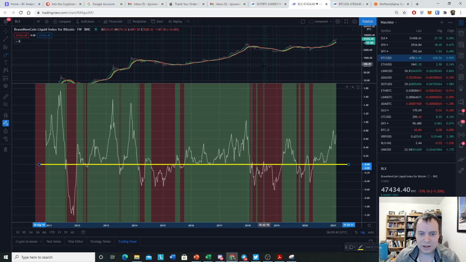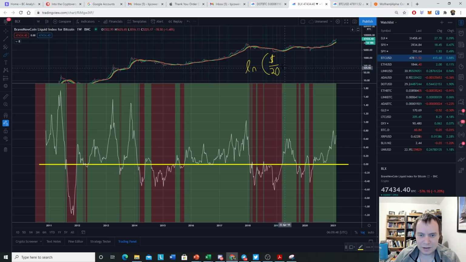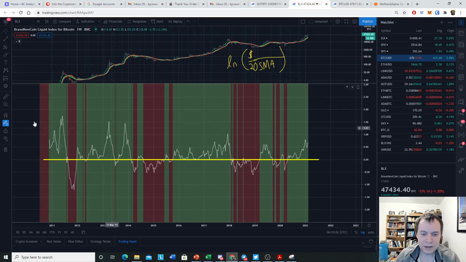So this indicator is the natural log of the price of Bitcoin divided by the 20-week SMA, okay? The 20-week. And so if the price equals the 20-week, we know that it's the natural log of 1, which is 0. So as long as we're holding it as support, like we did last market cycle, we were in a bull market. And you can see we held it as support over here, and it's been a little while since we've tested it. Okay, we've gone quite a long time without testing this support band as support,